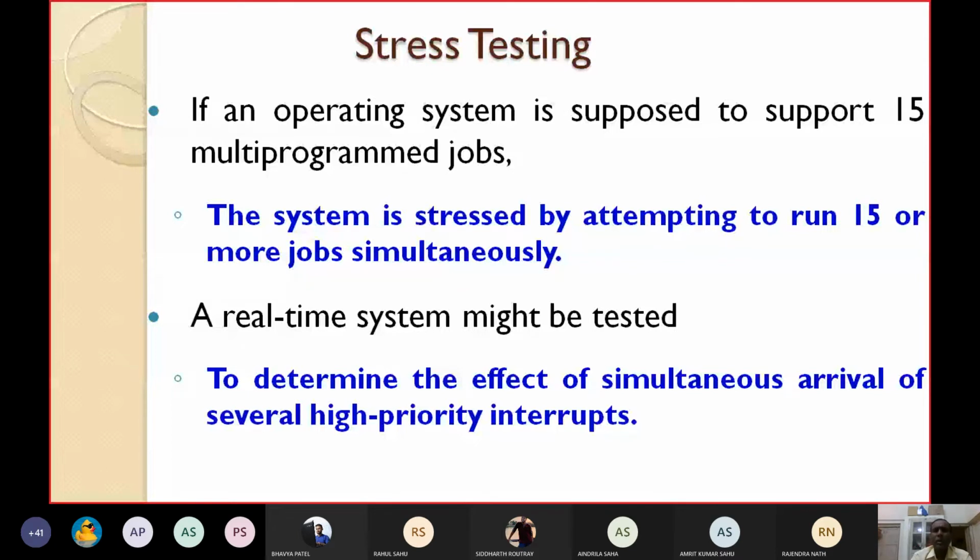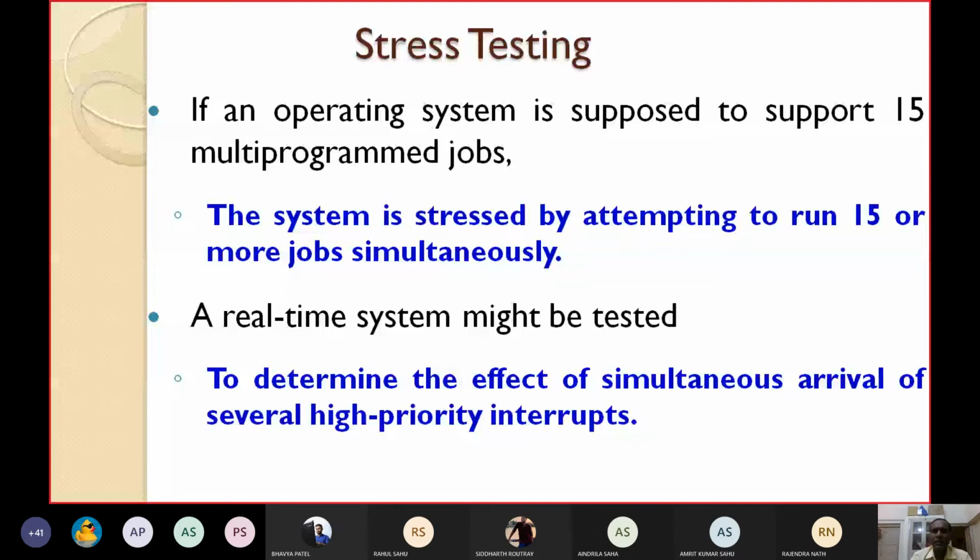Stress testing usually involves an element of time or size. So normally whenever you are saying stress testing, it usually involves an element of time or size, such as the number of records transferred per unit time, say 10 records should be transferred within 1 minute. So deliberately you put 12 records, see how the system is behaving. Similarly, the maximum number of users active at any time, input data set, etc.